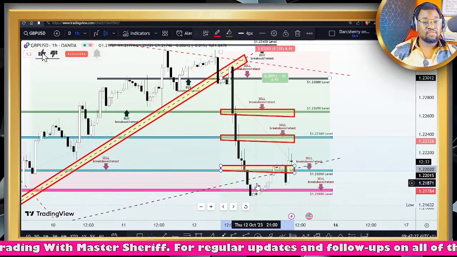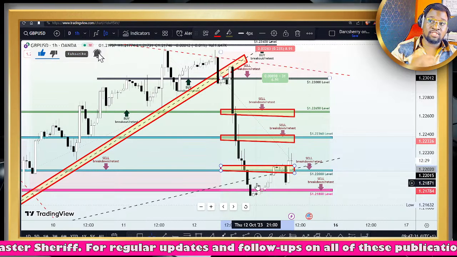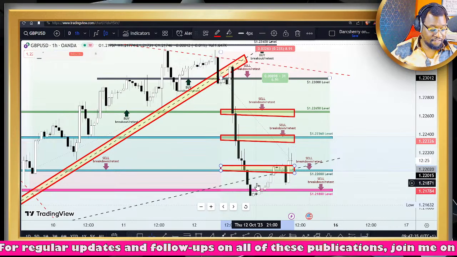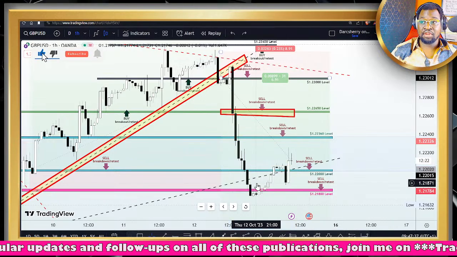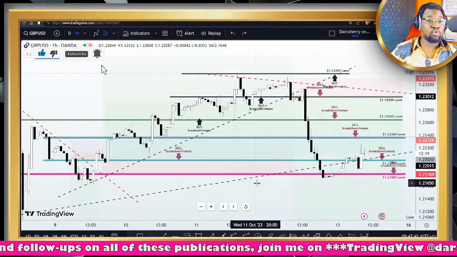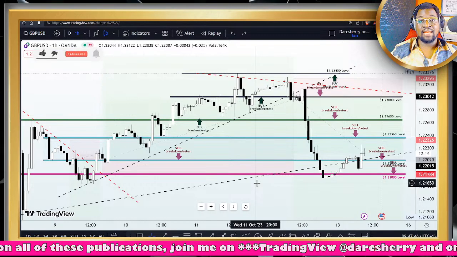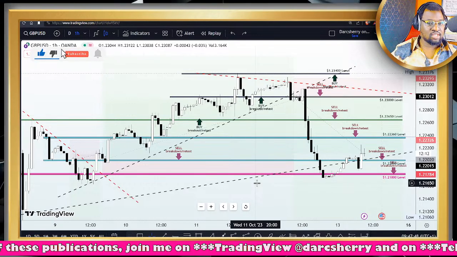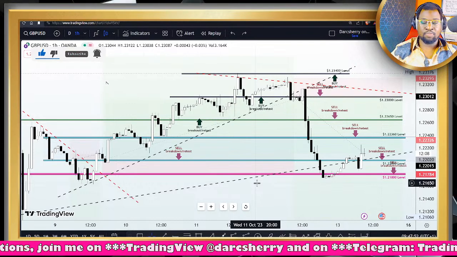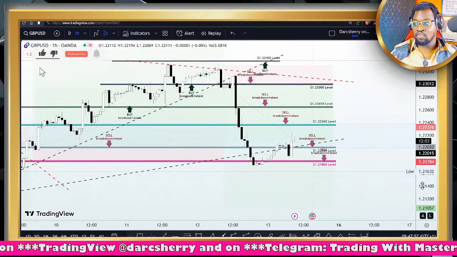And for those who took advantage of this opportunity, well done and kudos to you for being on standby to capitalize on this move. Now, if you still have a sell position running right now, I mentioned in my commentary this morning that you do want to be moving your stop losses, secure this current position right now as we begin to notice some buy traction at a crucial juncture in this market, which we'll be talking about in a moment. But before we go in here, let's move our stop losses.